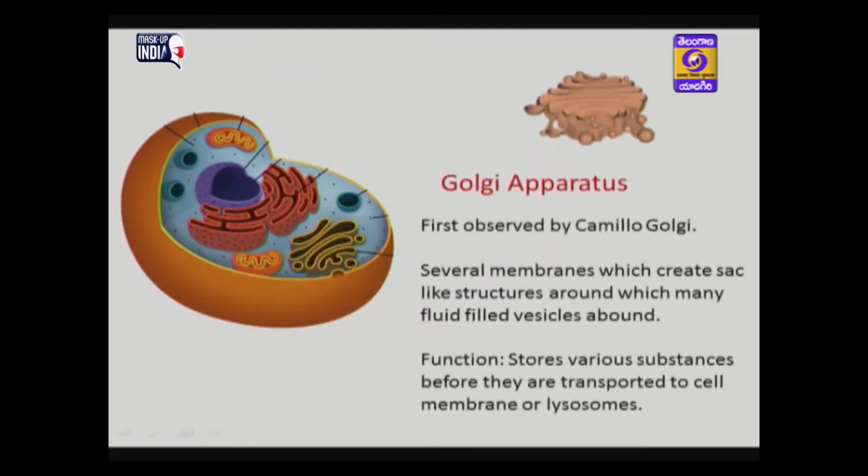Golgi complex. Golgi complex was first observed by Camillo Golgi. It is the organelle with several membranes which create sac-like structures around which many fluid filled vesicles abound. These are the fluid filled vesicles. Golgi complex stores various substances before they are transported to cell membrane or lysosomes. After these substances are transported to the cell membrane, they are secreted or they help in repair of the cell